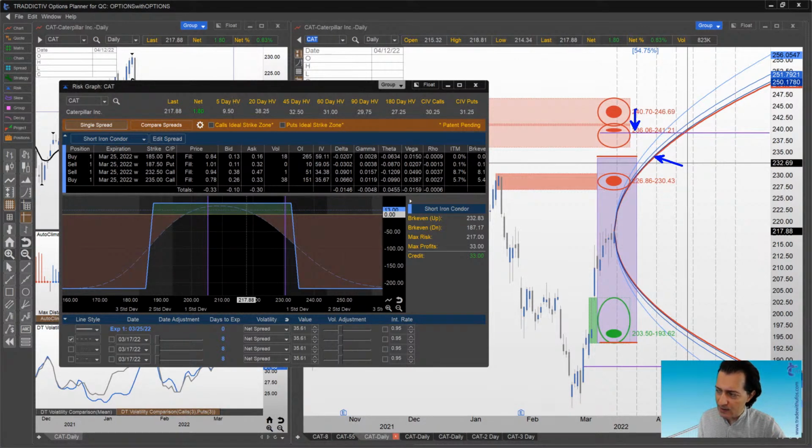with, in this case, the purple line above. We also look at the purple line below, but since it went higher, I'm just going to focus on the upper part. And if that cone, instead of going like that, the way it was, let's say that cone was to go like this, and we were to see that before the expiration date, the cone is crossing the purple line, well, that tells you that